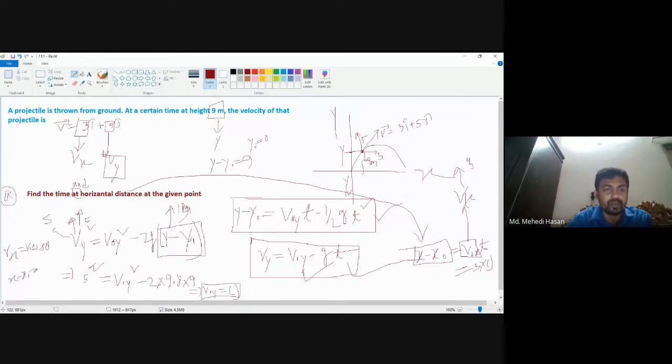অথবা তুমি যদি লেখো x মাইনাস x নট ইকুয়াল টু v নট xt, তো এখানে টাইম আছে, কিন্তু এখানে আমি দেখো টাইমটাও ভেরিয়েবল, আবার x মাইনাস x নটও ভেরিয়েবল। তো x মাইনাস x নট তো আমি জানি না, বাট আমি যদি y মাইনাস y নট এর হেল্প নেই, এটা দেওয়া আছে অলরেডি 9, তো ওইটার হেল্প নিয়ে আমি দেখি বাকি ইকুয়েশন গুলো থেকে দেখি কোনোভাবে সলভ করা যায় কিনা। আমি দেখতেছি টাইমের দুইটা ইকুয়েশন আছে, টাইম বের করা ইকুয়েশন তিনটা আছে, একটা হলো x এর আর y এর দুইটা। তো x এরটা থেকে আমি কোনোভাবে বের করতে পারতেছি না, এবং y এরটা থেকেও বের করতে পারতেছি না,